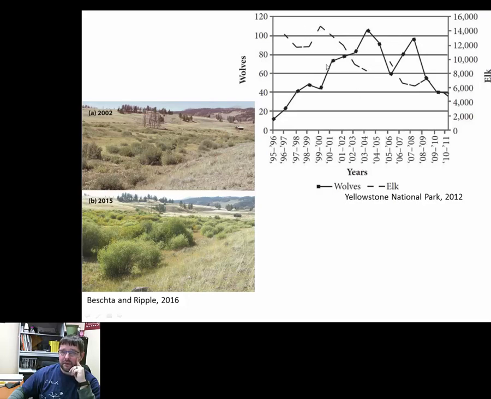decline. And you can see that there's a relationship, a cyclic relationship. As the elk population declined and the wolf population increased, the wolf population eventually declined, and the elk population started to increase, and they kind of go back and forth. Now, I'll tell you that the elk population is on the incline and the wolf population is on the decline after this. This only shows you 2011. But there's this cyclic relationship between the organisms. And that's important to know